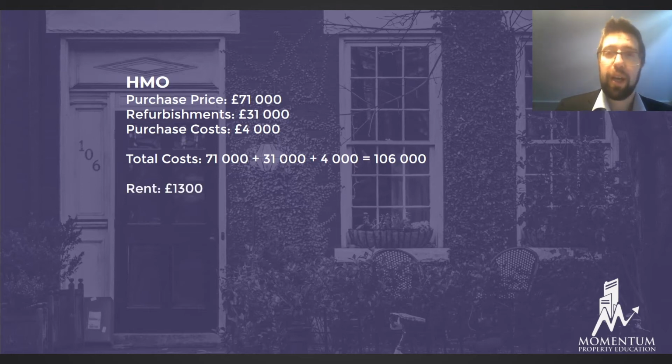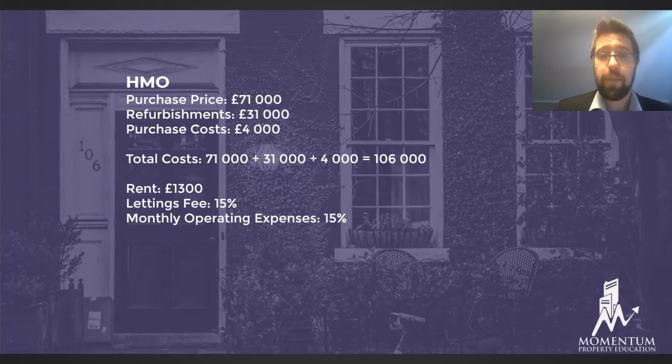We knew we were going to get a rent of £1,300 because we'd done our due diligence. That's what's so key in a property deal, is doing your due diligence before you buy the property. So going into the deal, we knew we were going to earn £1,300. And obviously in Freedom Property Intensive, we teach you how to do this. Letting fees on HMOs are usually 15%. Sometimes you get them a little lower, but 15% is kind of industry standard.